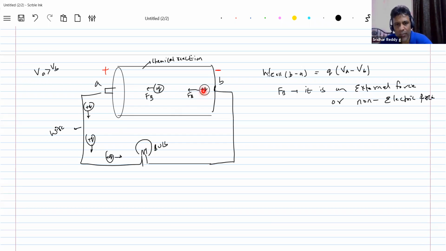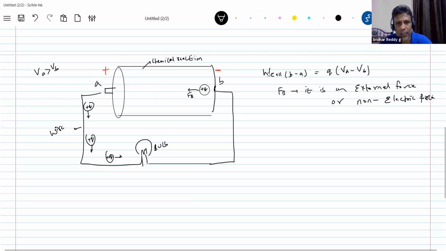Okay, now you see that there is a movement of positive charge across the cell. The material of the cell will offer resistance. So this resistance will be introduced here to the flow of charge. In fact, the charge cannot move in the path which I showed. It has to overcome the resistance, so the path will be slightly like this.